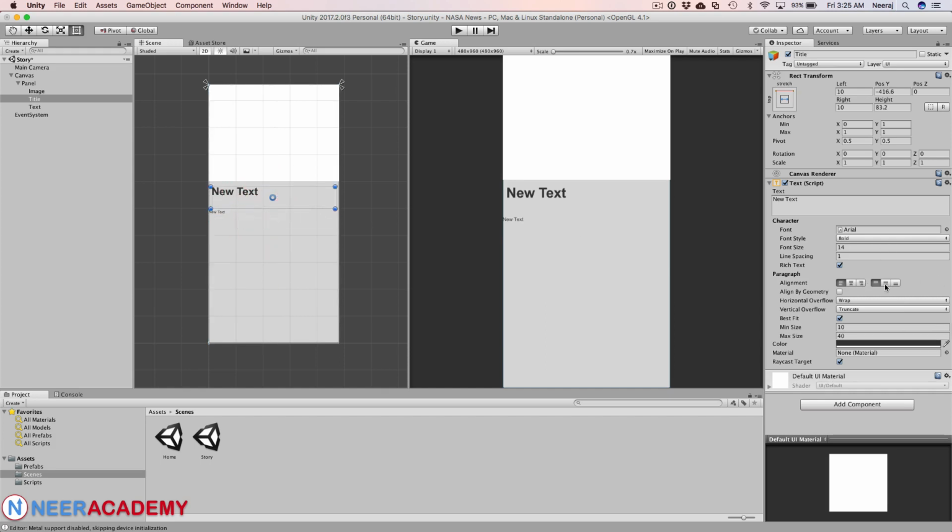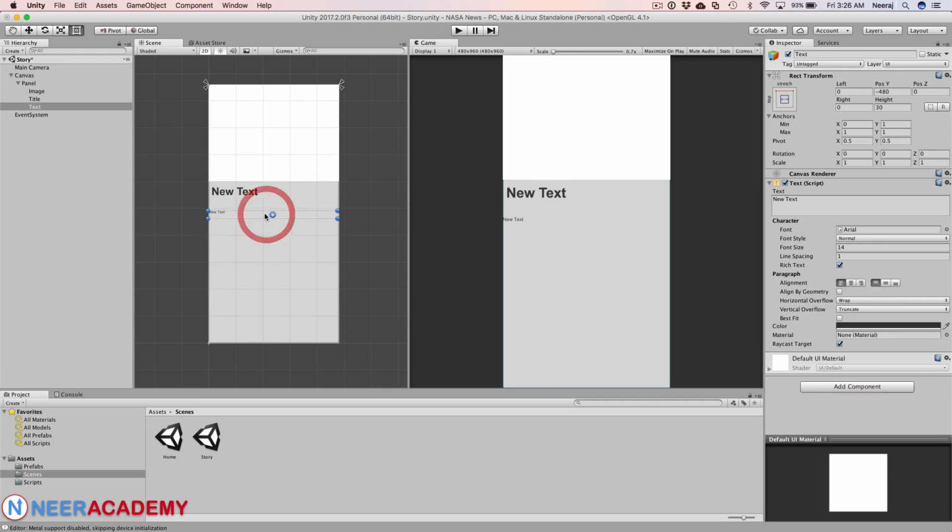This I'm going to align it to the top and the left. Similarly for this I'm going to align it to top and to the left, and I'll keep it at whatever value it is. I'll just set the padding and left and right to 10, and then